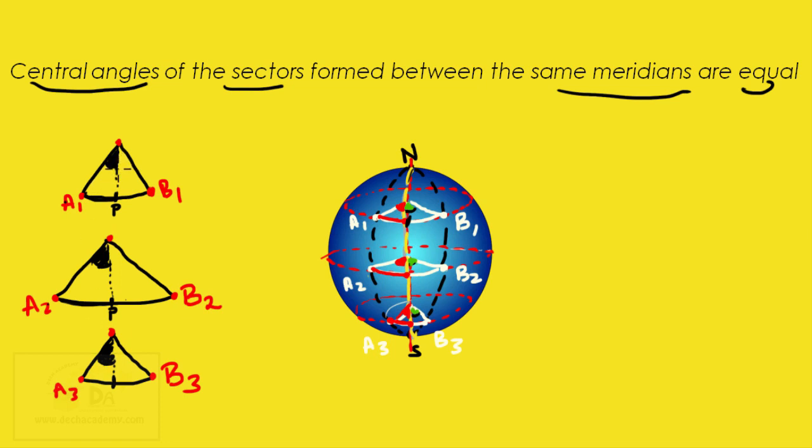So, the same thing is true for this point B1. B1, B2, and B3 lie on the same line of longitude. So the angle formed from the prime meridian to B1 must be the same as the angle formed from the prime meridian to B2 and the angle formed from the prime meridian to point B3, which is why I said that this angle must be the same as this angle, same as this angle. So if all the black angles are the same and all the green angles are the same,